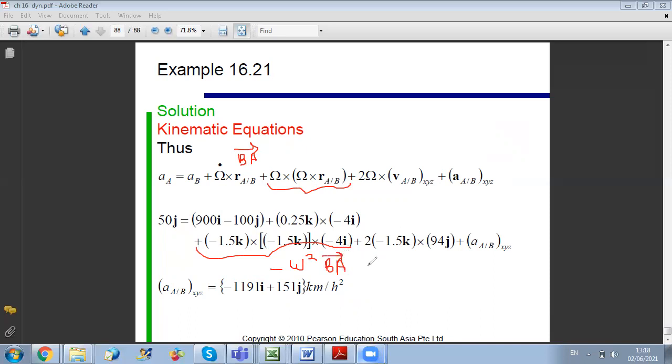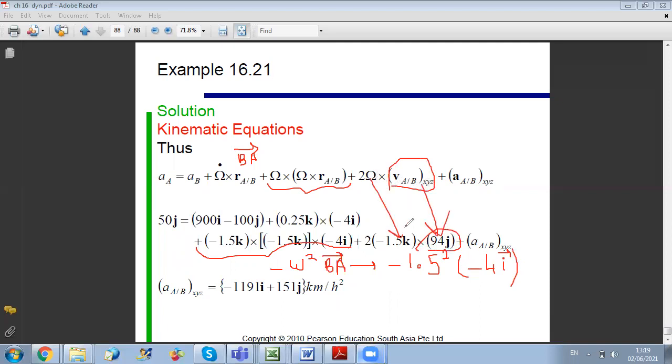So you will get this term is minus 1.5 squared times minus 4I. So it will give you plus 4 times 1.5 squared I. Okay? And concerning V relative, you just replace V relative obtained in the previous step,